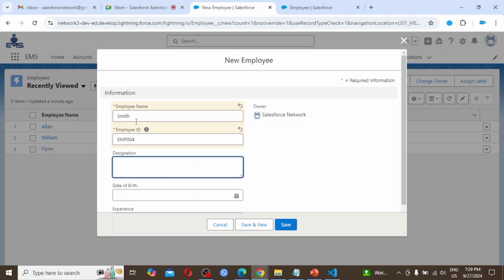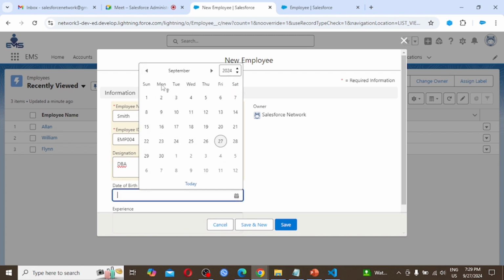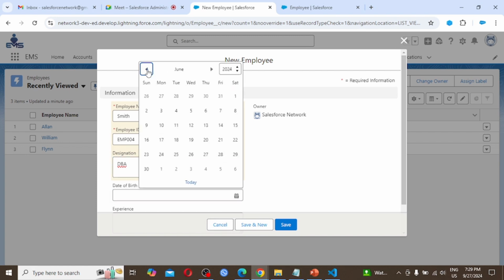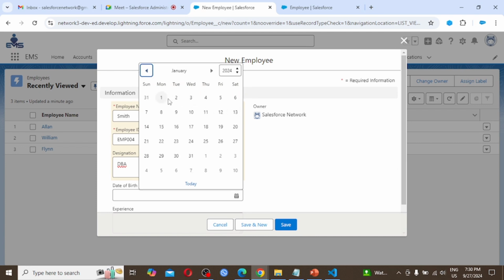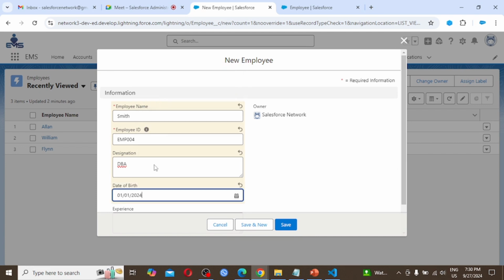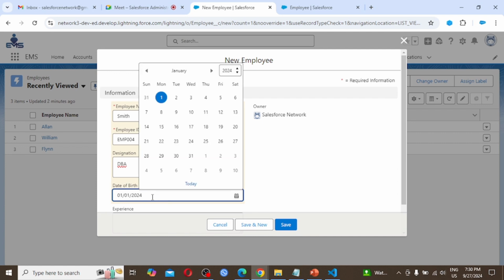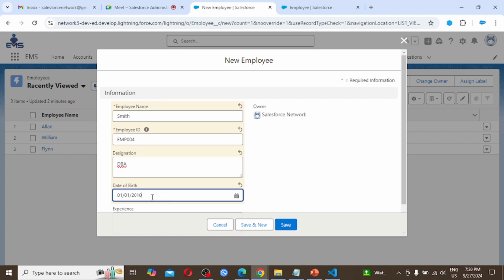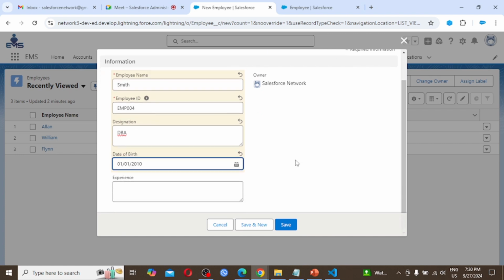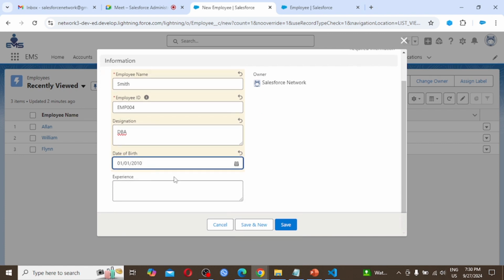So designation of Smith is DBA, database administrator, and his date of birth, to calculate it simply, is 1st of January 2010, then it will be 14 years.